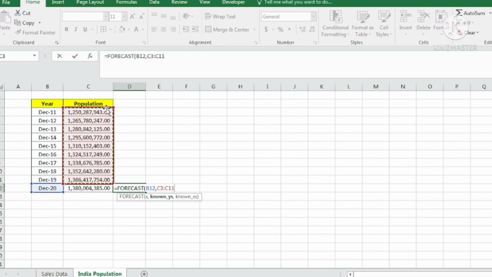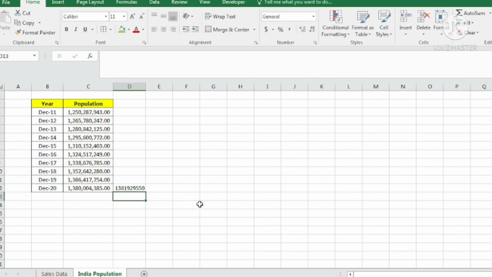We need to make sure that this range I am going to select, and the known X range should be the same. It should not be that this is for 7 months and this is for 6 months. So both known Y and known X I have put. I complete the formula, and let us see.